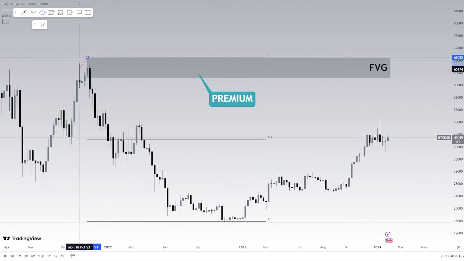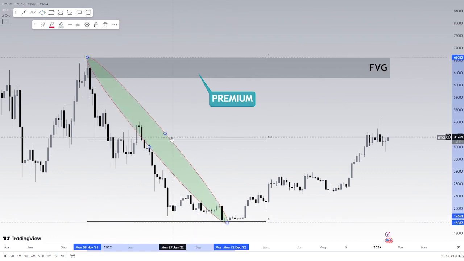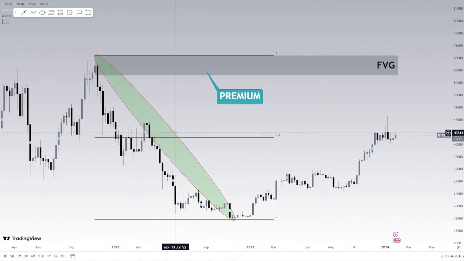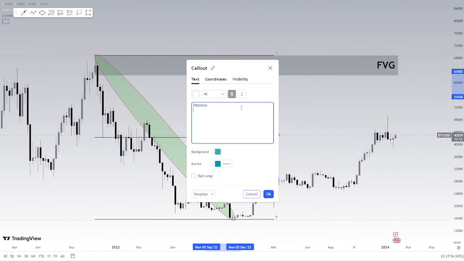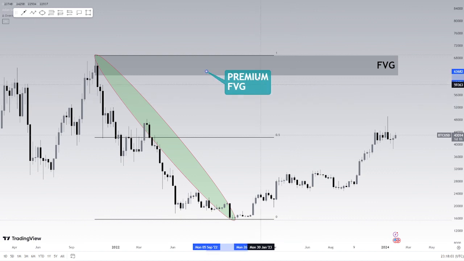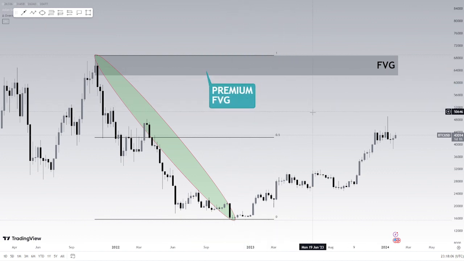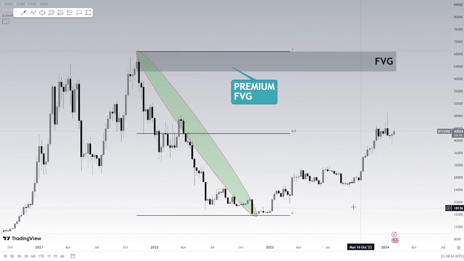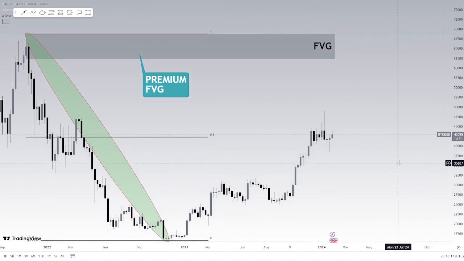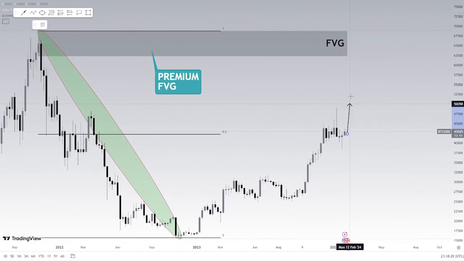The structural leg being from up here all the way down to here, right? This is our structural leg, marked out with the oval. The green oval over here represents our structural range, and we need to understand that we're in deep premium, right? That's the first thing. The second thing is that it leaves a fair value gap, so it's inefficiency in price, right? So price will look to rebalance those orders in the future. So these are the two reasons why Bitcoin has an overall bullish narrative up until this point. Even though we're bearish with our structure, we have a bullish overall narrative. And the reason for that is because price is now likely to target at some point this fair value gap.